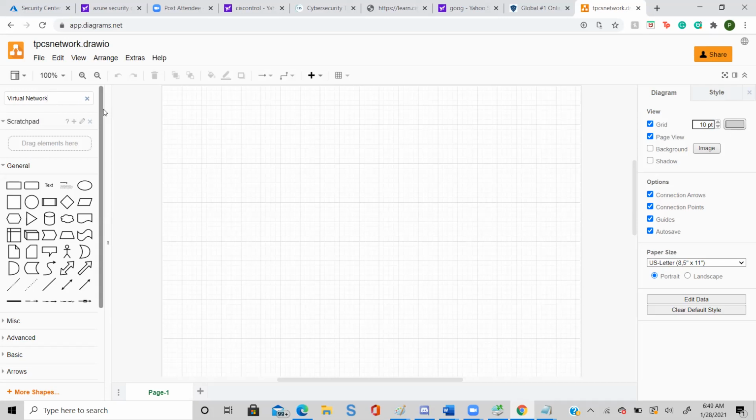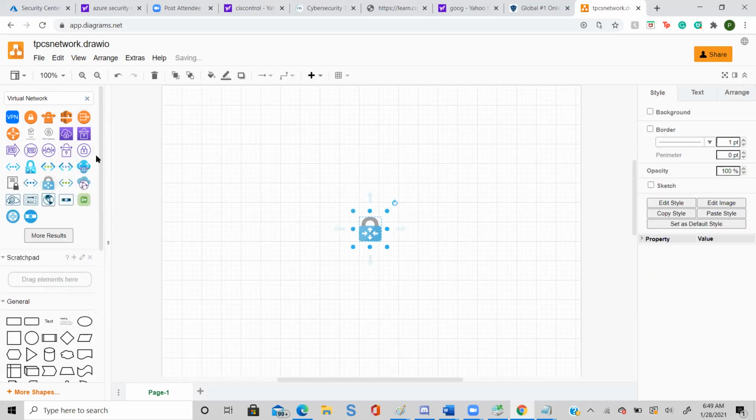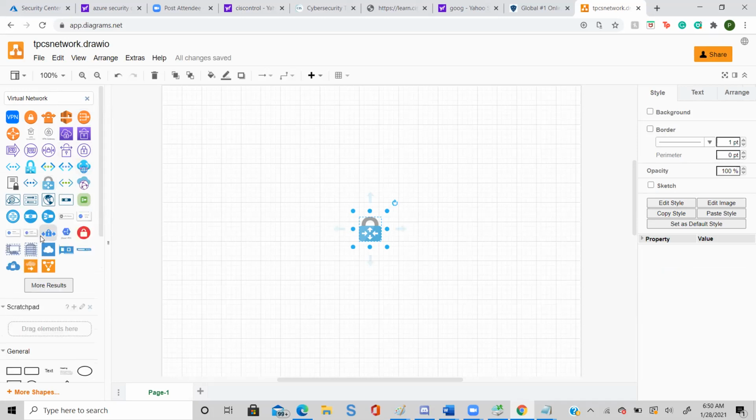Now you see there are so many diagrams coming for virtual network. Click more results, click more results again, once again.